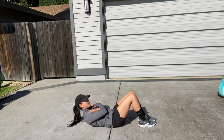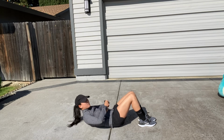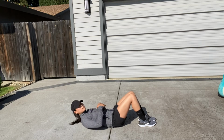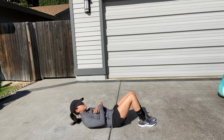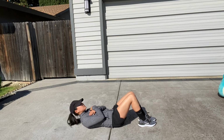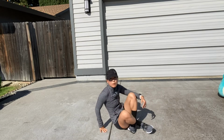Nice and easy, back up and down, up, down, making sure that we're pulling from our abdominal muscles, our stomach muscles, to help pull ourselves up and lifting our shoulders and head off the ground, nice and easy. Okay, we're just doing 10 of them. If you can sit all the way up, even better, but that's not our main focus. And then once you do 10, you're gonna go ahead and flip over and we're gonna do a push-up plank